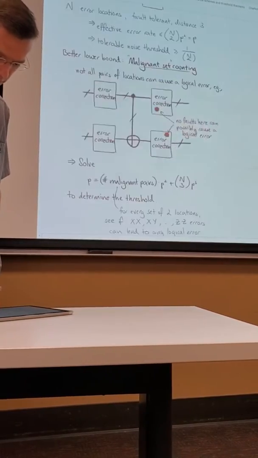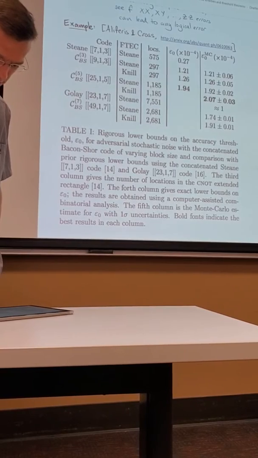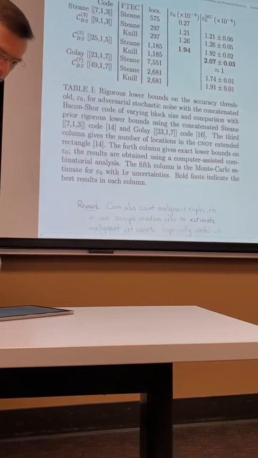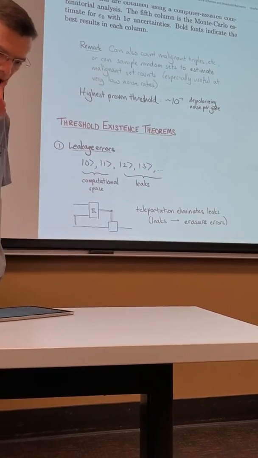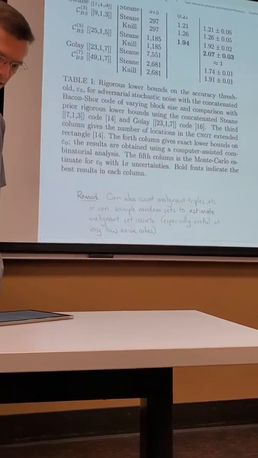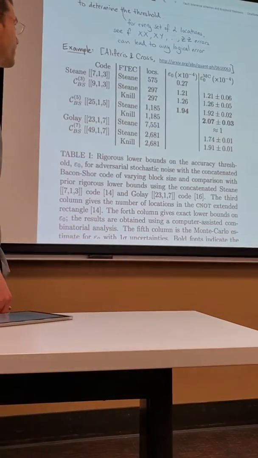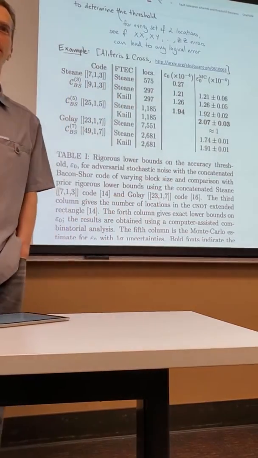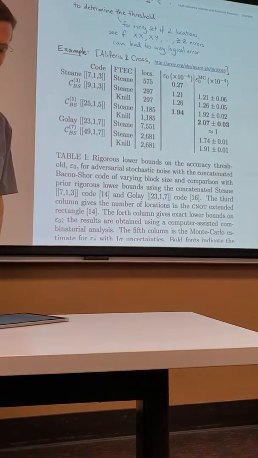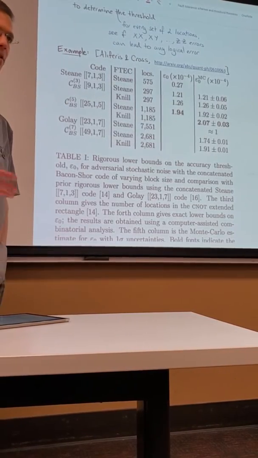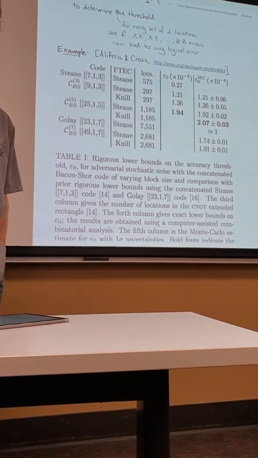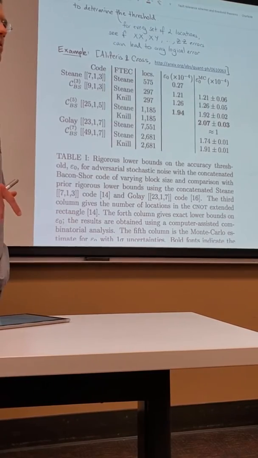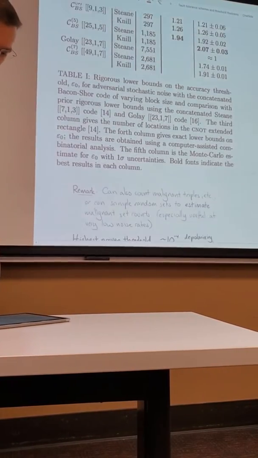Okay. So that's kind of how that goes. Yeah, okay. I think according to the caption, we've done everything right. For a while there's been a game to try to prove the highest number here, and I don't know what the best result is now. Maybe 3 times 10 minus 4 or something. It's not a big deal because here we're only proving lower bounds, and we expect the actual threshold to be higher. And the only way of estimating the actual threshold, I guess, is to just run simulations or something, to get a better idea.